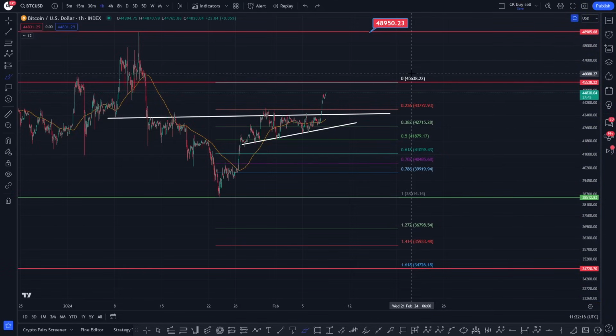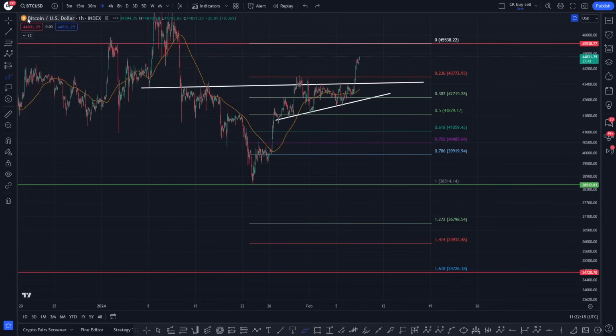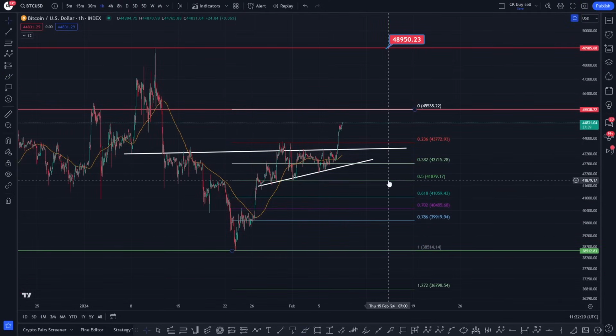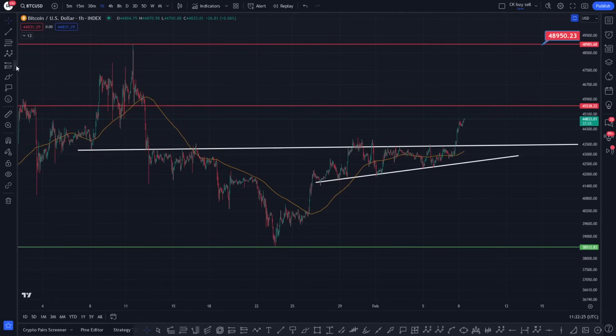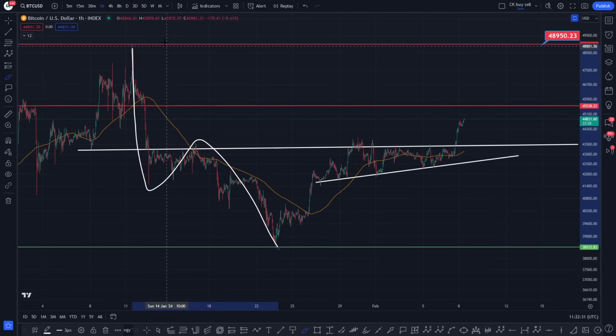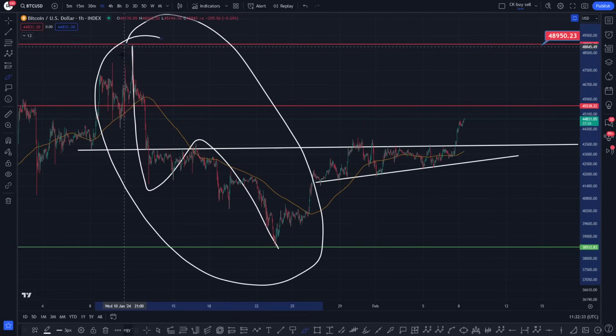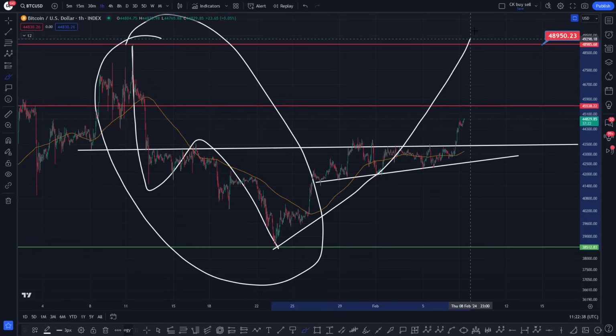But what is the bullish scenario that I'm looking at right now? Okay, so I did go through this with you for Bitcoin. So yesterday I dived into the micro time frame, the hourly time frame, and I did spot there's a potential just there that was an A wave, this was a B wave, and that's your C wave. So what we've done here, we've had a micro ABC zigzag correction, okay, a potential wave 2, and right now this is another impulsive move coming up.